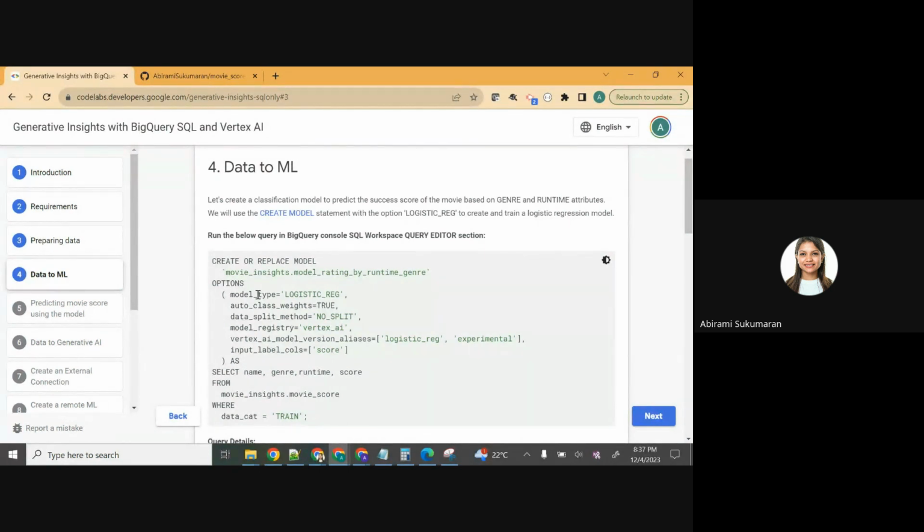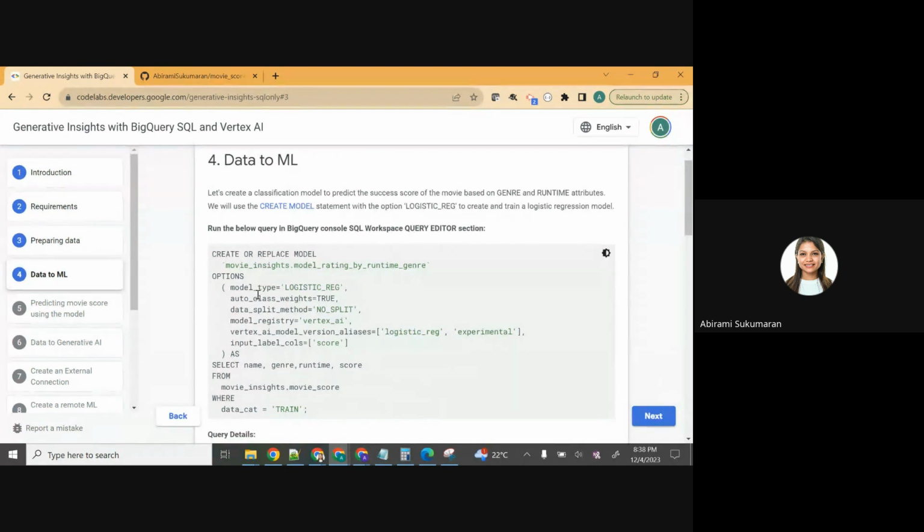Whereas in ML, we predicted what its success score is going to be in the previous session. But I'm going to repeat that again in this particular step. In just 1 step and 2 SQL queries, you'll be able to create the model and predict using the model. So the difference between ML and generative AI here is the fact that with machine learning, you're providing